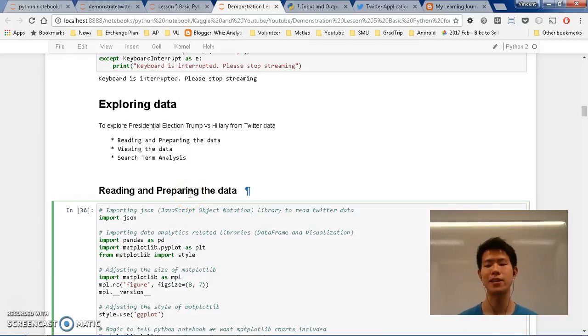Hello, welcome back again to Python Exploratory, in which we are trying to go through the tutorial step by step for the Python presidential Twitter analysis. Here we are going to start exploring this data that we have identified, and we are going to